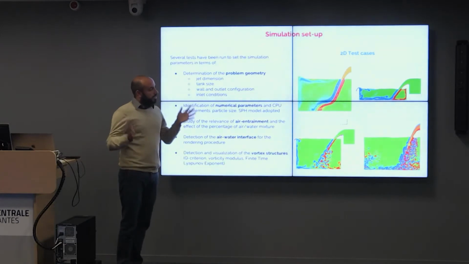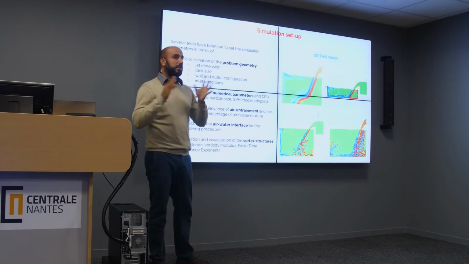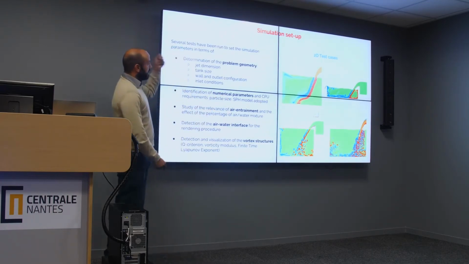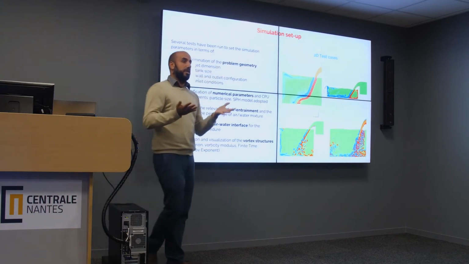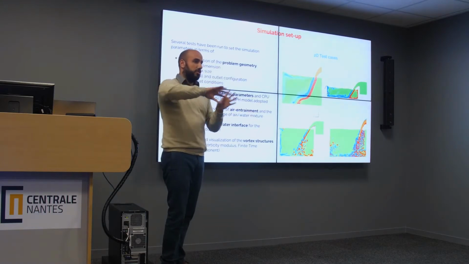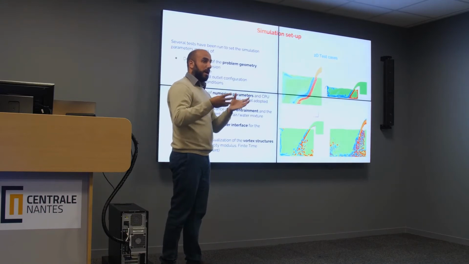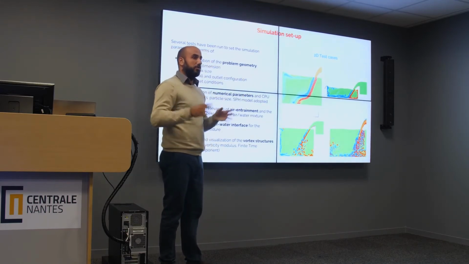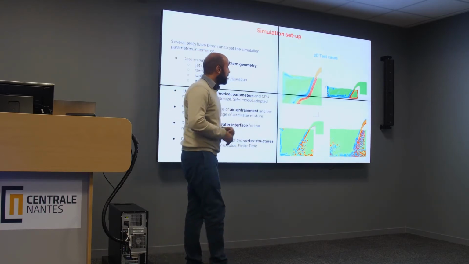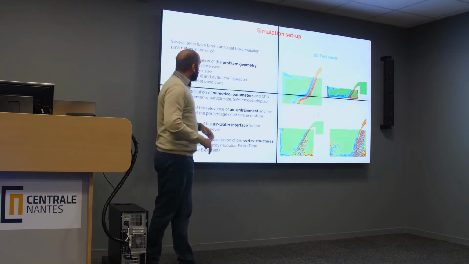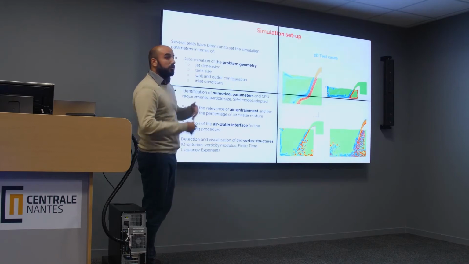So we started the work on the simulation. We started from very simple cases, because the very first question was which is the geometry of our problem. Because in the drawing of Leonardo, what we can see is only the jet, so the shape of the jet, and some very small features of the bubbles and of the vortex. But we don't know anything about the problem. We don't know if it's in a tank. We don't know if it's in a large basin. We don't know how the water comes. So we started with this question about the jet dimension, the tank size, the wall and the outlet configuration also,